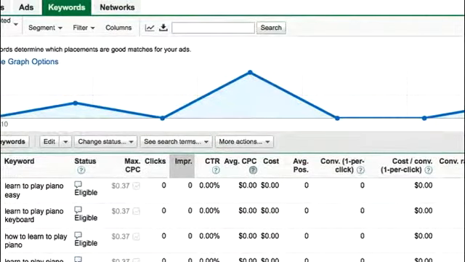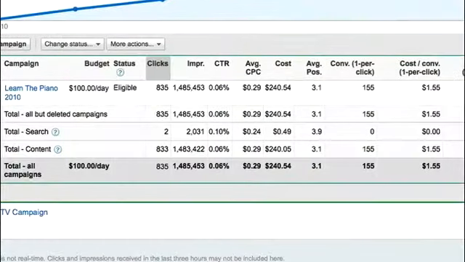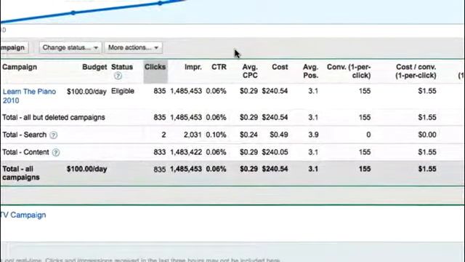All right, so that is how to tweak your campaigns. And again, now I only showed you changing one ad. It'd be kind of boring for you guys to sit there and watch me change every ad. But I'm going to do the same thing. And you'll find, guys, when you're looking at your ads that aren't performing well, it's going to be because you screwed up kind of like I did, where it really wasn't related to the keywords. All right, guys, that's how we're going to tweak our Google campaign.